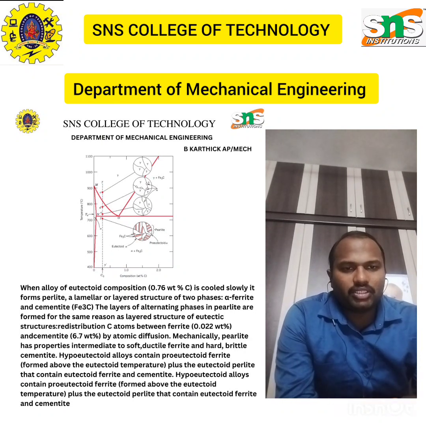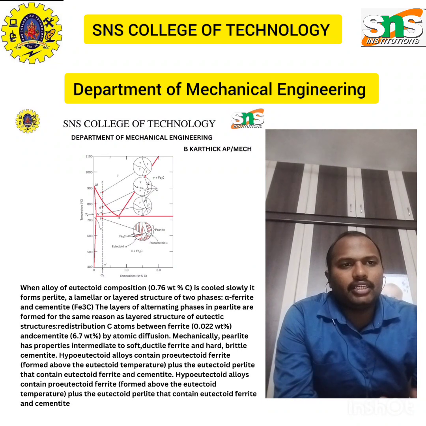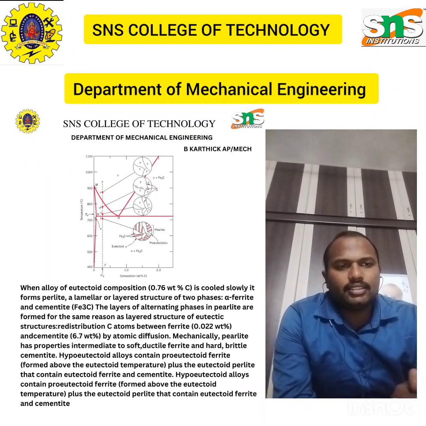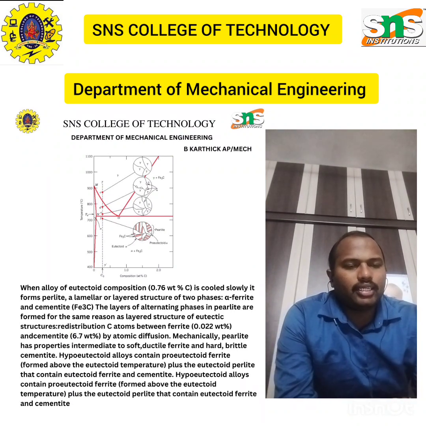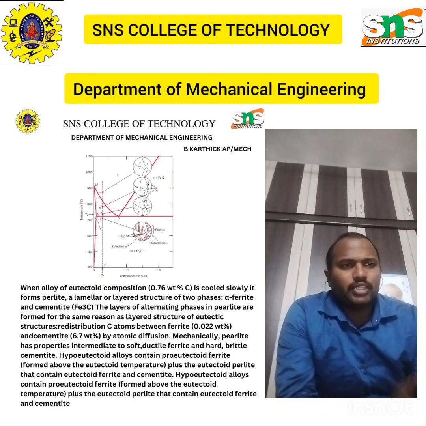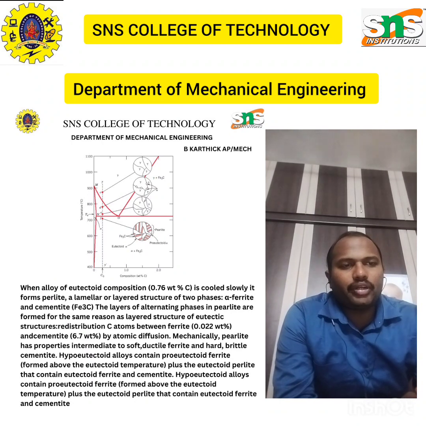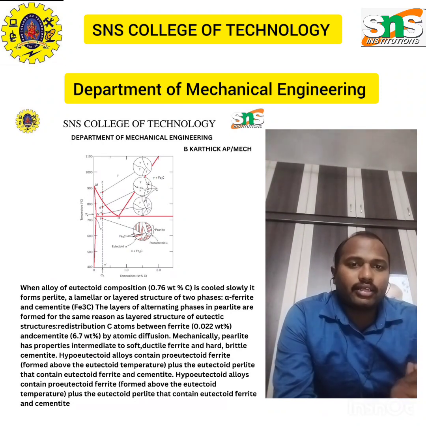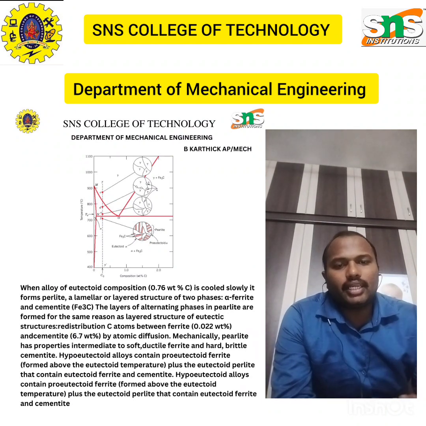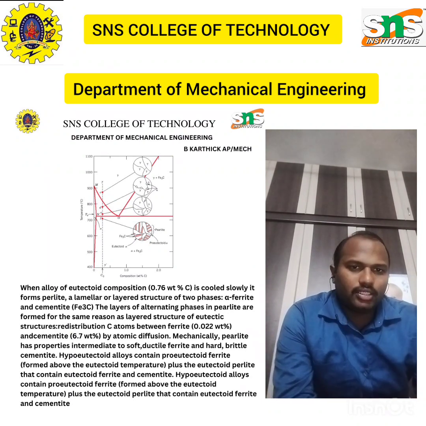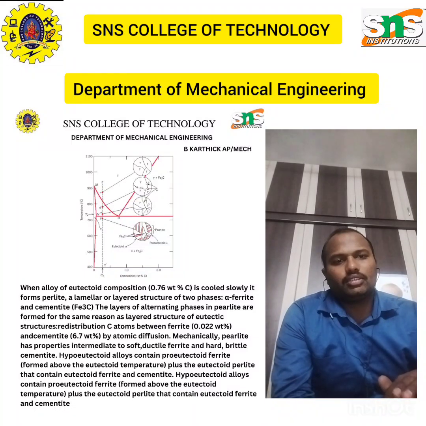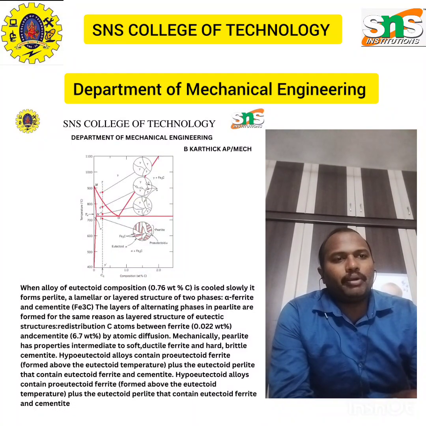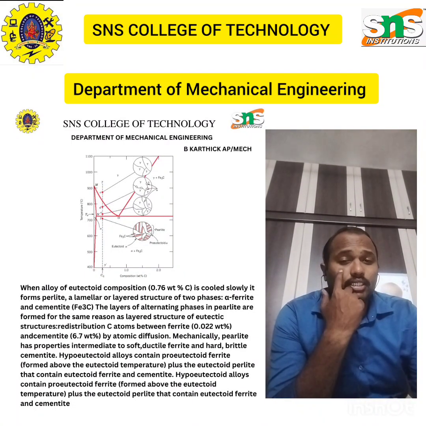So there will be a formation of lines, a pathway in between the grains, like a river in between the forest. This formation of pro-eutectoid Fe3C and pro-eutectoid alpha is due to the reactions that take place during the process. And when we compare to eutectoid steel, you cannot see these types of reactions taking place,